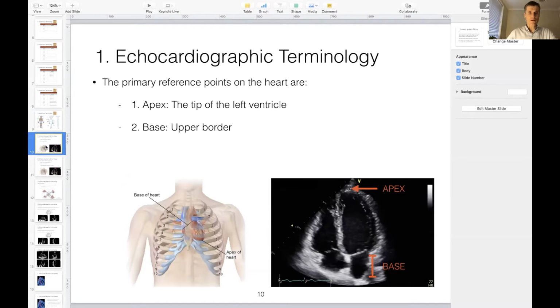A couple of other things that are important to appreciate are not so much terms that relate to specific anatomical structures, but are more reference points. And oftentimes you'll hear reference to the apex or to the base. Well, the apex is a very specific point, and the apex is formed by the left ventricle. That is at least in a normal heart. Whereas the base